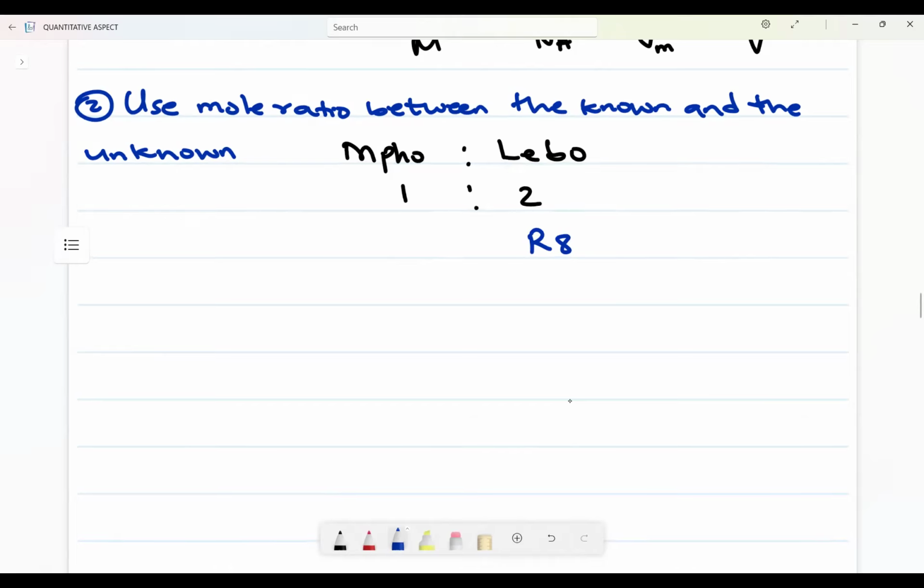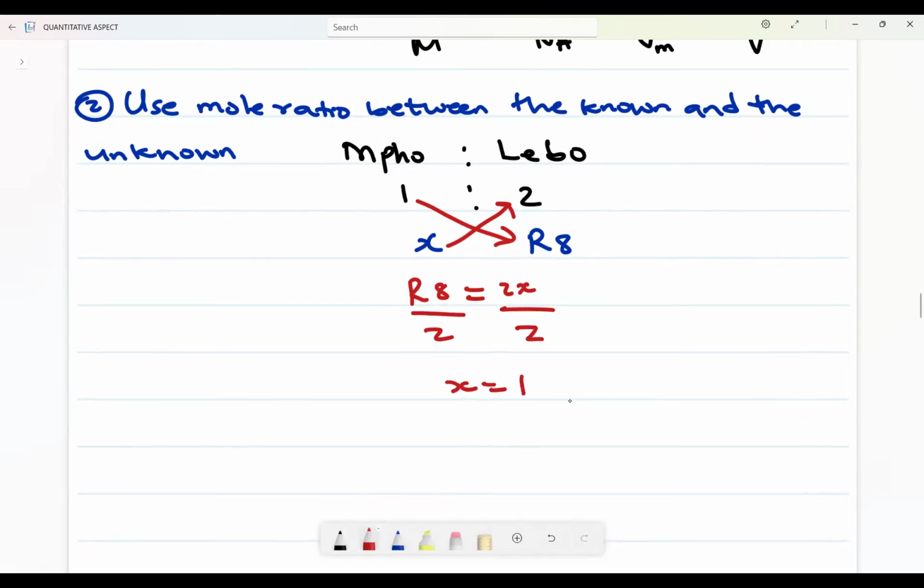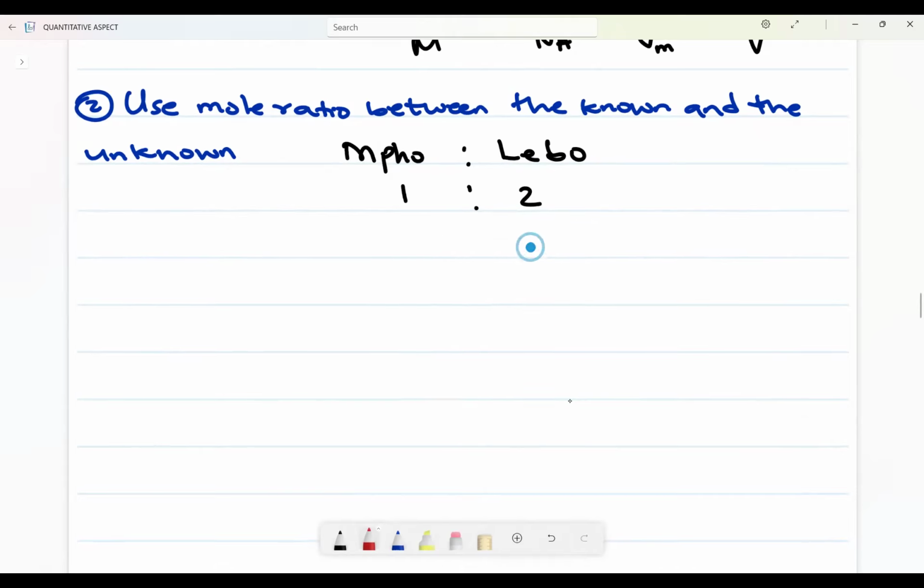If you're not that good with mathematics, you can say this is x and cross multiply: this times that, 8 rand, is equal to this times that, 2x. Then when you solve for x, x is equal to how much? 4 rand. It tells you that if Lebu has 8 rand, Mpho has 4 rand. So that is the ratio of 1:2. Similarly, I can have a ratio of 2:3, and then Mpho has